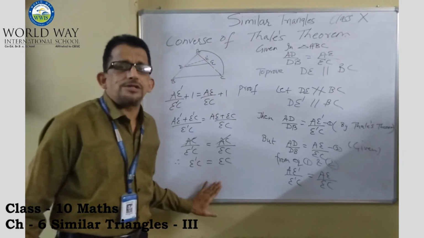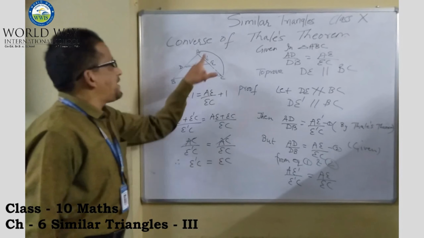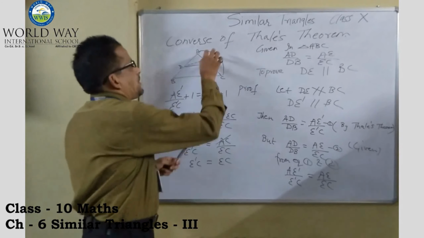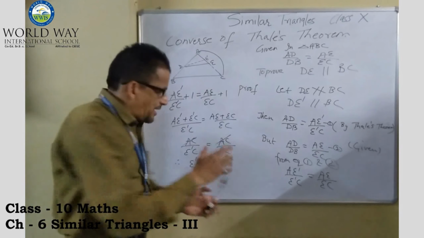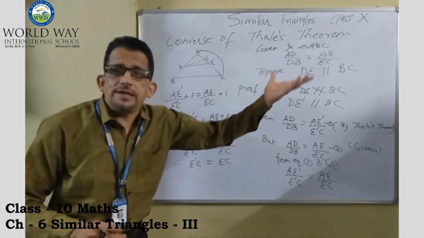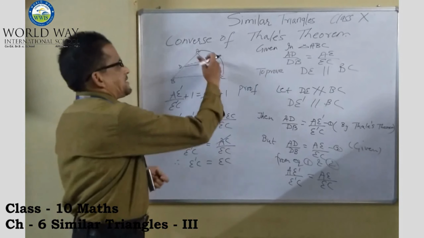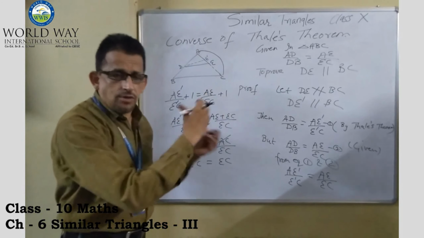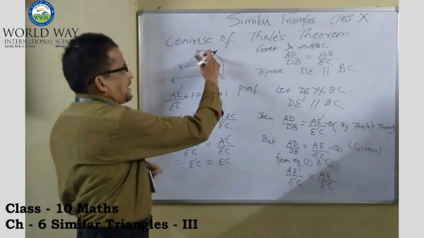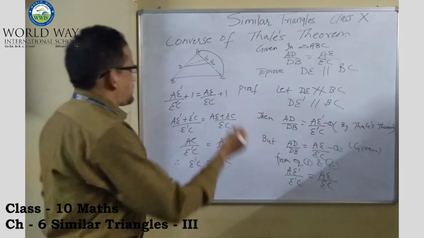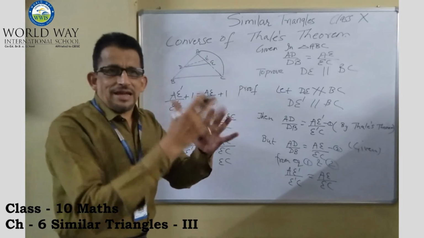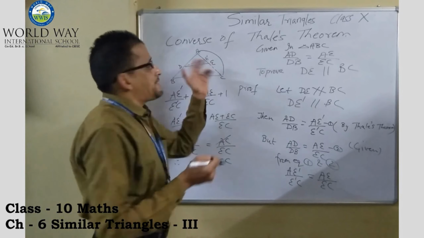Is it possible? No, it's not possible, unless or until E dash and E coincide. जब तक ये दोनों आपस में एक पॉइंट पे नहीं होंगे, तब तक ये पॉसिबल नहीं है. और एक पॉइंट का दो डिफरेंट पॉइंट से डिस्टेंस कैसे सेम हो सकता है? EC और E dash C. Look at the figure. So it's not possible until E and E dash coincide with each other. When E dash and E coincide, then DE is DE dash itself.